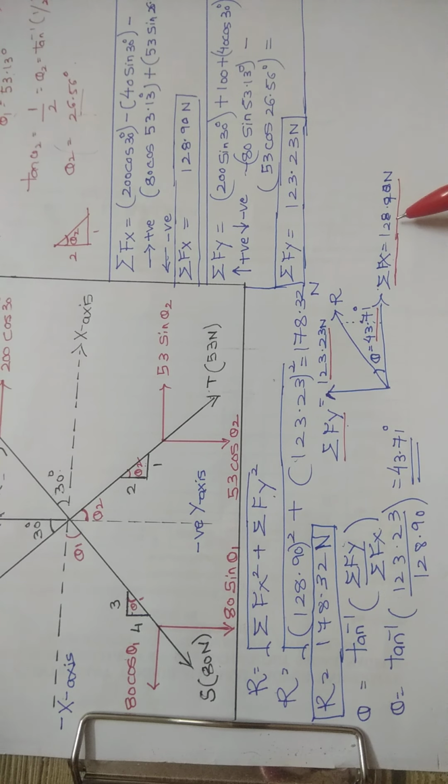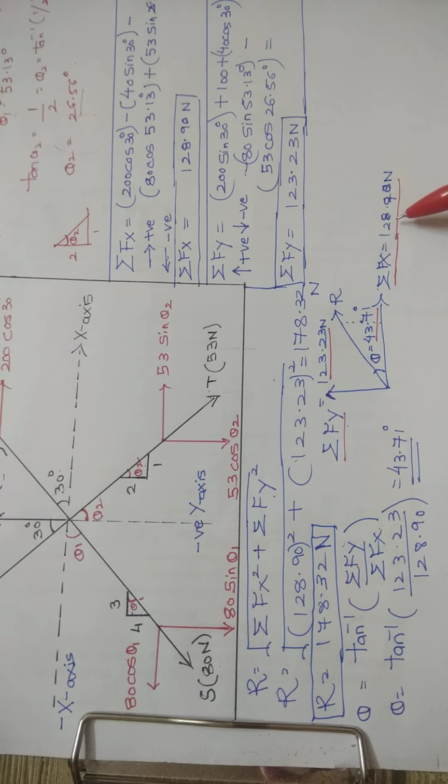The force system shown in figure produces a resultant of 600 Newton acting up to the right. That means this 600 Newton resultant is acting vertically upwards, so the resultant has a vertical component. There is no horizontal component of the resultant. Okay? It is acting at an angle of 60 degrees with the x-axis. Find the value of F and theta to produce the resultant. You have to find the value of F and this theta.